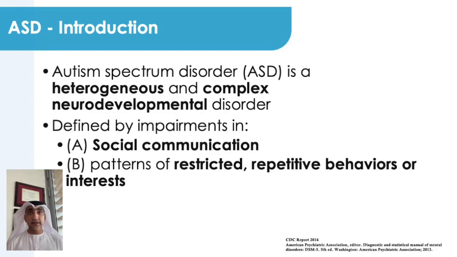Autism spectrum disorder is, number 1, a heterogeneous disorder, and number 2, a complex disorder. It's a complex and heterogeneous neurodevelopmental disorder, and by neurodevelopmental we mean that it impacts brain development during the early stage of development, and by heterogeneous we mean that every child is different from the other child in terms of the underlying etiology, the clinical presentation, and the symptoms. And the saying is that if you have met one child with autism, you have only met one child with autism. In other words, the other children you're going to meet are going to be very different.